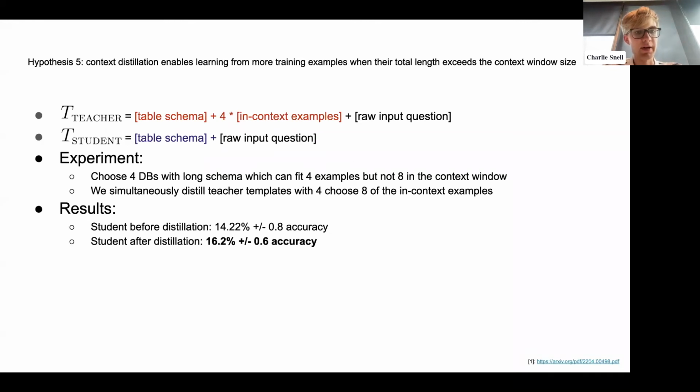The student before distillation represents sort of the average teacher. Hold on, there's an error in the slide. So the student has 4 in-context examples as well as the teacher. So the student has the most examples you could fit. But if you distill 8 examples with multiple prompts, you can actually improve over the 4, is what this is showing. There's an error here in this slide. That's my bad.